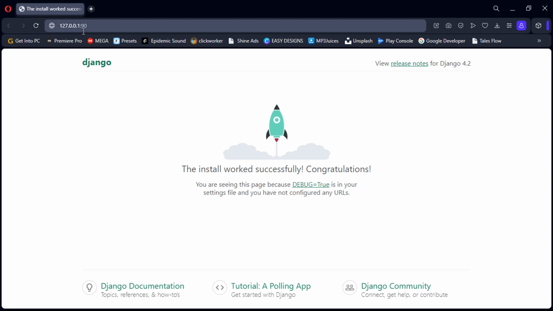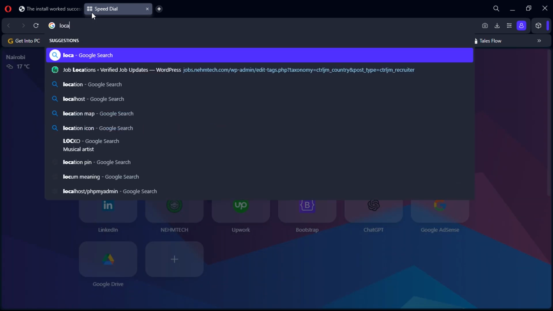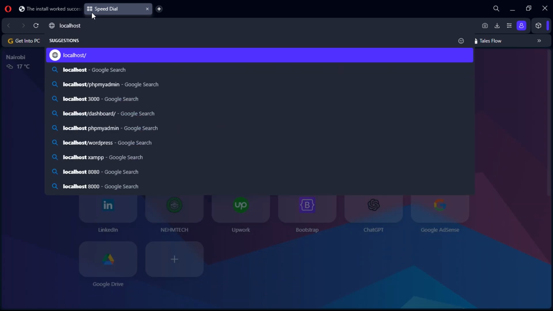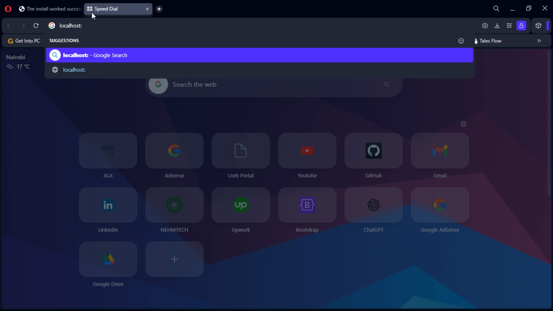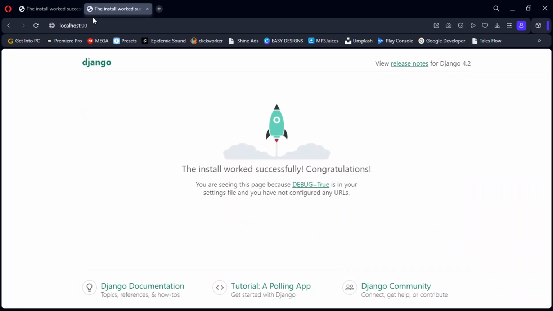Now this 127, I said, is the alias for localhost. So let me just type localhost, then the port number, like 90. Then you'll see that it still works. So this localhost is the same as 127.0.0.1. They are the same thing. Localhost is the alias for